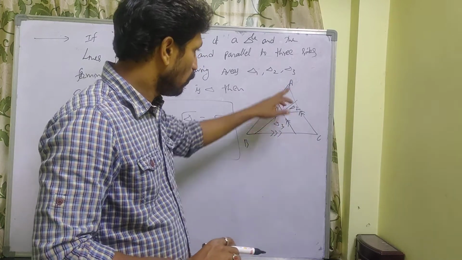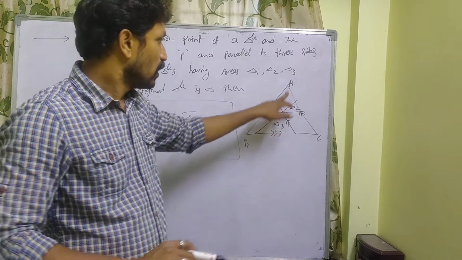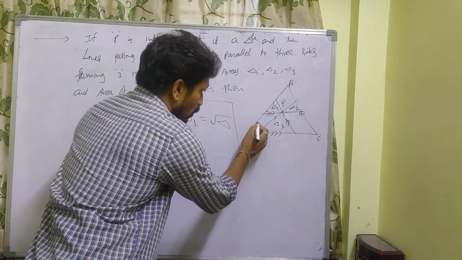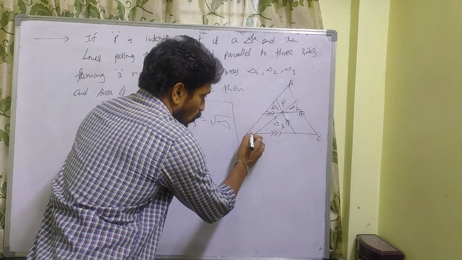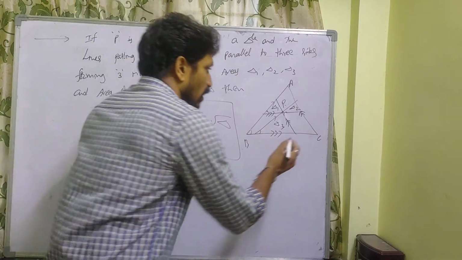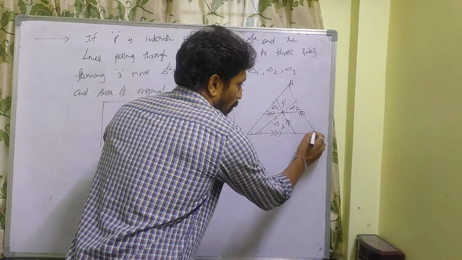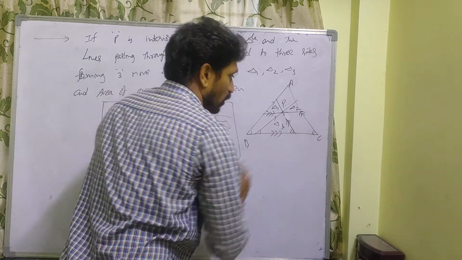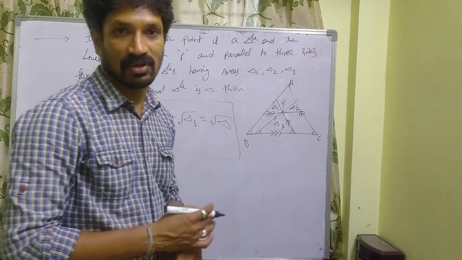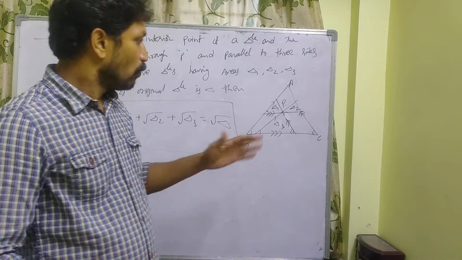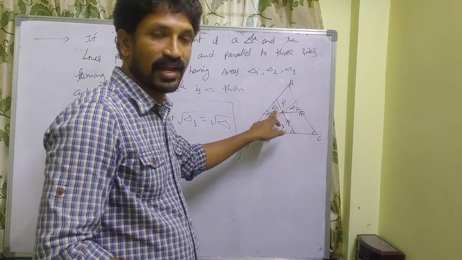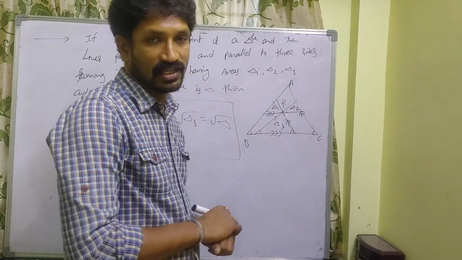Why? See, once you check it out for this triangle. Here these two are parallel. This side and this side are parallel, so these two angles are equal. Here also these two sides are parallel, so these two angles are equal. So by similarity, this triangle and the given triangle are similar. Similarly, we can prove the original triangle and this triangle are similar. The original triangle and this triangle are similar.